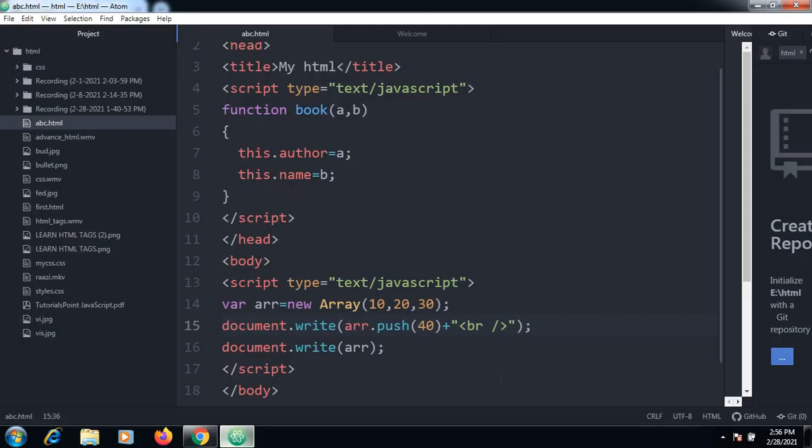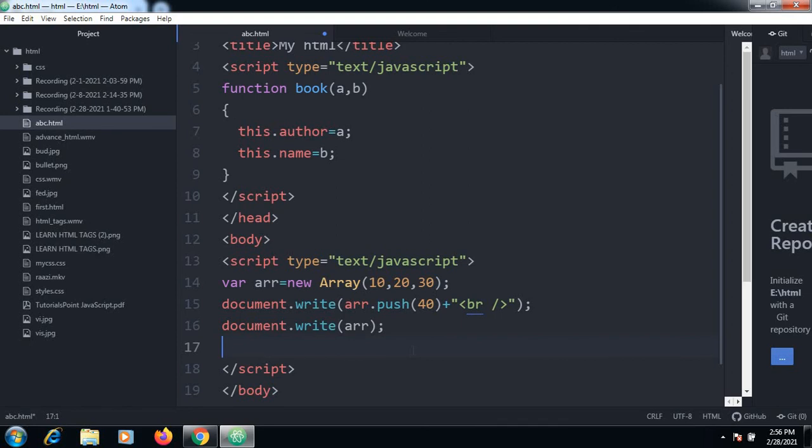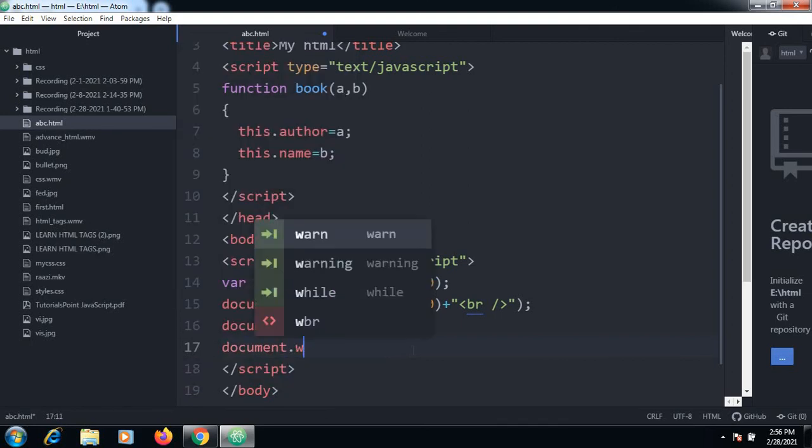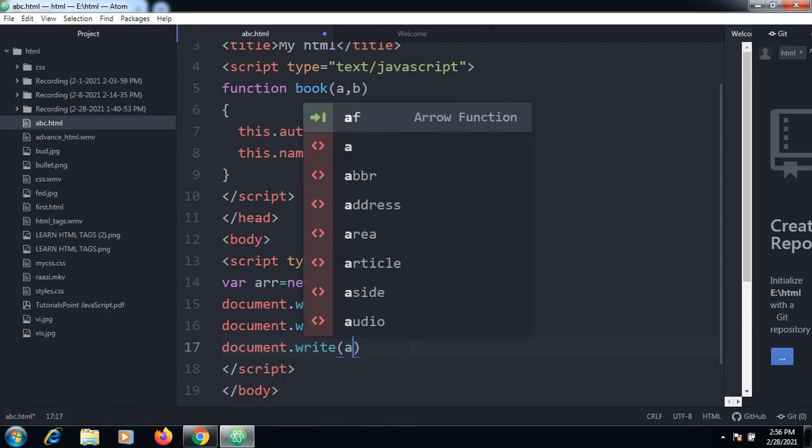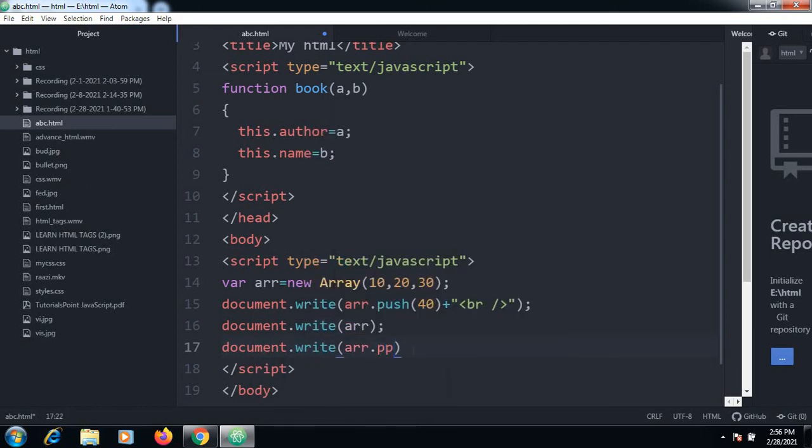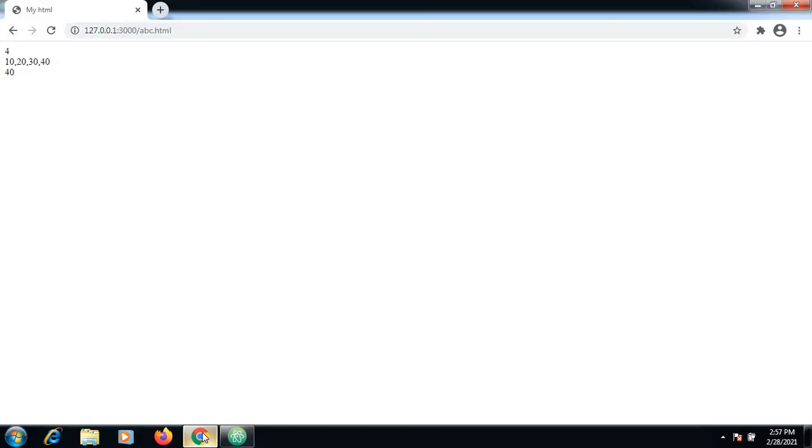Now I want to pop this particular element. So how to do this? document.write. We just pop the array here. So array.pop. Now one of the elements is removed from the array.